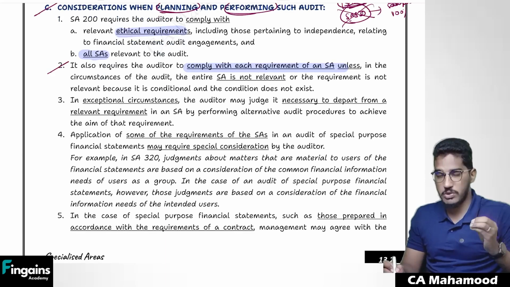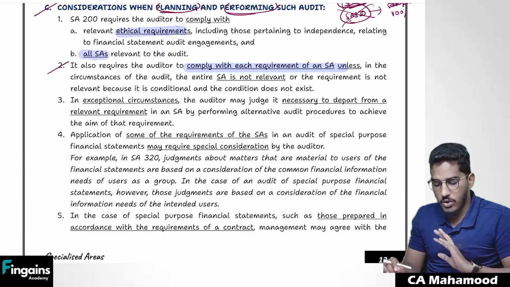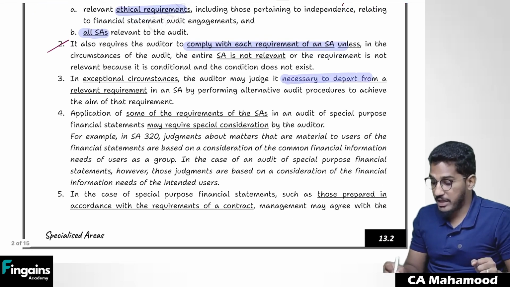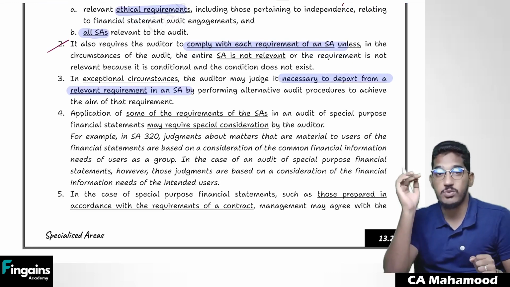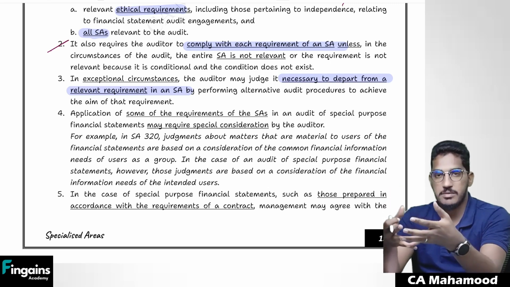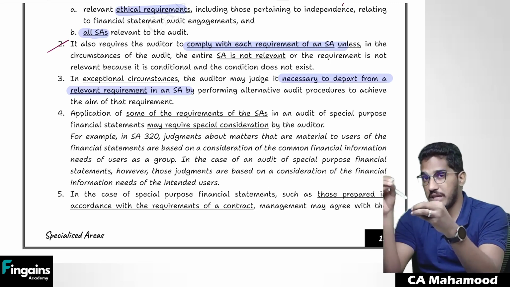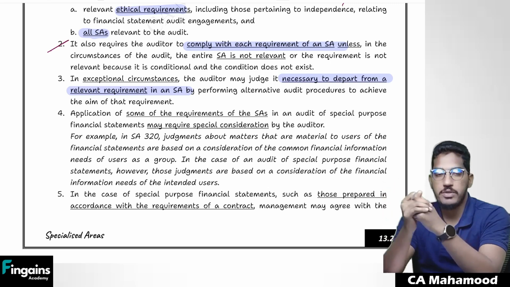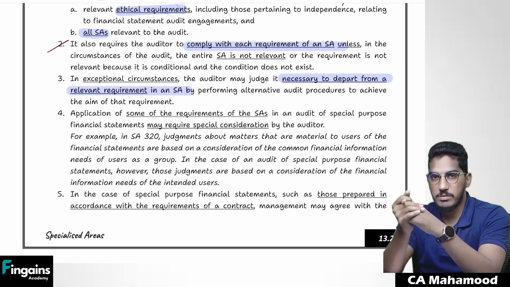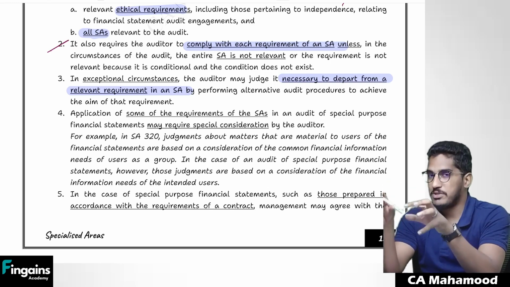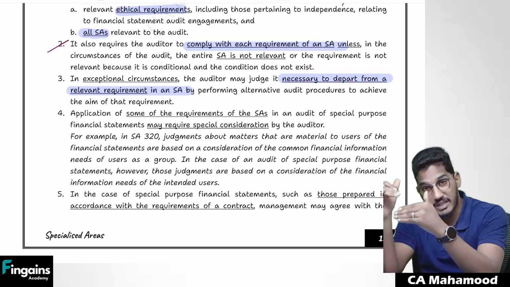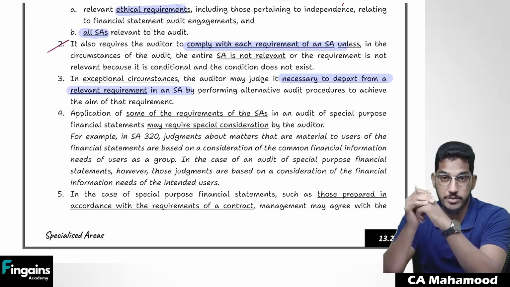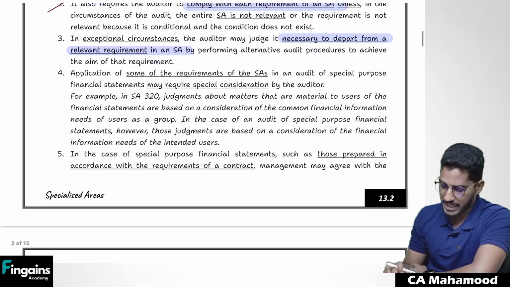Even in conducting an audit of special purpose financial statements, you have to comply with all the relevant standards on audit unless they are not relevant for you. Sometimes we might be required to depart from a requirement of the standard also. Because of some exceptional circumstances, we might not be able to follow whatever has been given in the standard on audit. We might do something else. We might depart from or deviate from the requirements of the standards on audit. If you come across such exceptional circumstances, you are permitted to depart from the requirements of standards and follow something else, but you have to give clear disclosures in your audit report if you are departing from standards on audit.